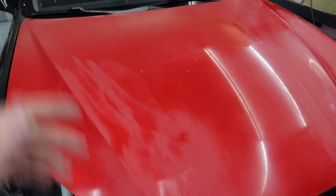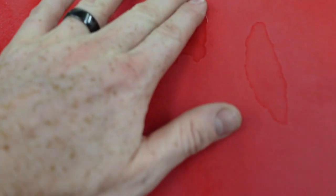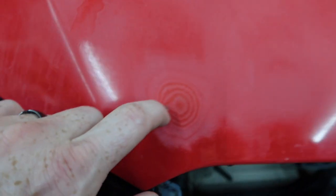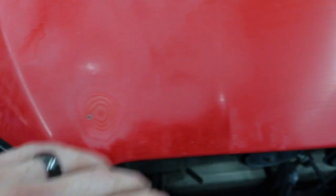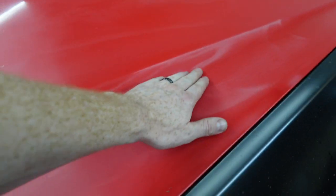So while I was rinsing it down, I just hit it with a little bit of sandpaper just to see how much we're gonna have to go. And we are still gonna have to do quite a bit. And unfortunately, there are some spots where it's so deep that I can't get all the way down in there, just, you know, natural rock chips. But there is still plenty of work to do with the clear coat, so we need to get started sanding